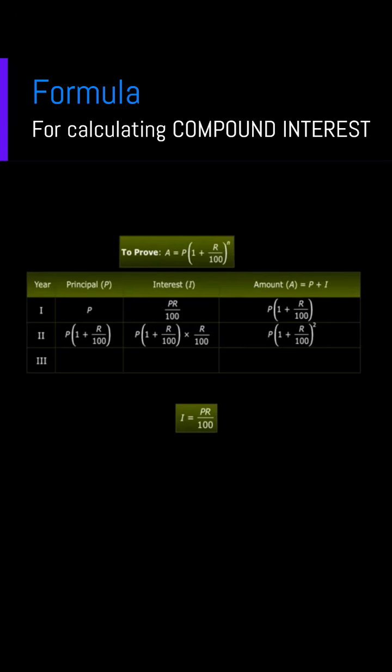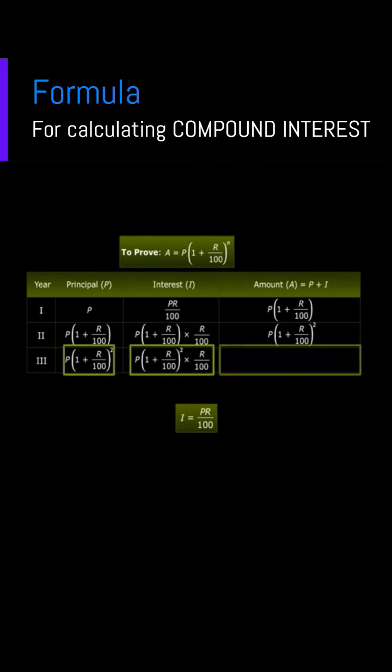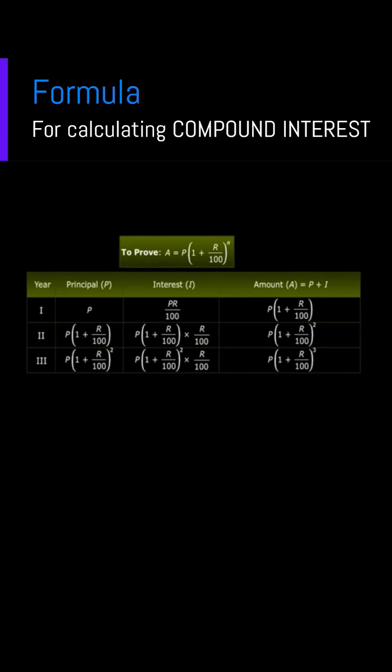So do you see any pattern that is forming? Yes. The exponent of (1 plus R by 100) in the amount keeps on increasing. Similarly for the third year, the amount at the end of the second year would become the new principal. Try and find the interest, add the principal and the interest to find the amount for the third year. You will see that the amount is nothing but P into (1 plus R by 100) whole cube. Okay? So we can also